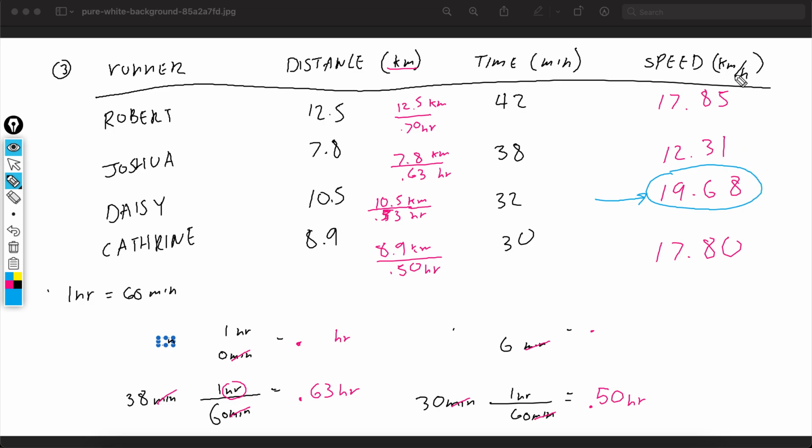Now, you're probably like, well, what's kilometers per hour? Well, think of it as miles per hour. What would you say is faster, 200 miles per hour or 5 miles per hour? Obviously, 200 miles per hour, right? So in this case, the biggest one right here would be 19.68 kilometers per hour. Who would be the smallest? Of course, this one, the smallest number, 12.31. The 17.80 and 17.85 are neck and neck, in the middle basically. So the fastest would be the blue, and the slowest would be this one. And that kind of concludes